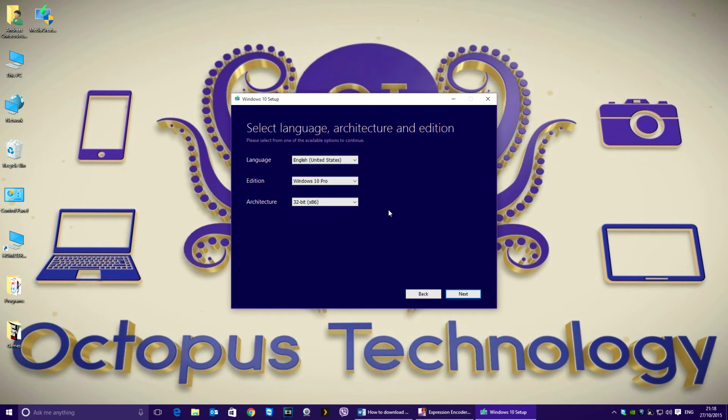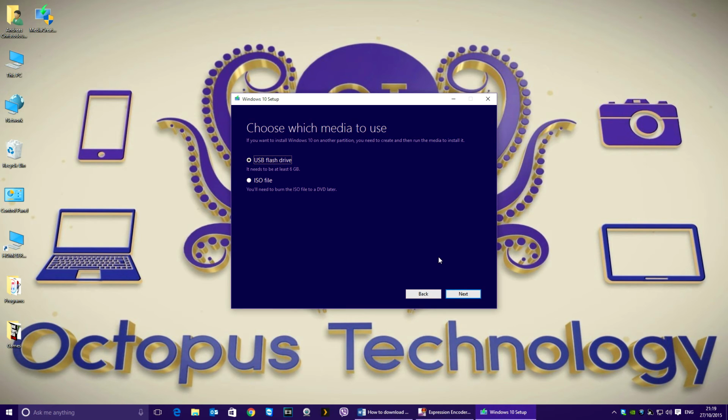The third variable is the architecture. This is the version of the PC you are planning to install Windows 10 on supports. In this option, you should select both, as choosing 32-bit or 64-bit only is for using USB sticks or DVDs with less than 4 GB of storage. The both option, while it requires at least 6 GB of storage, is of great value, as you won't be needing to change architecture versions just to install Windows 10 on a PC with a different architecture than the one you have already downloaded. Click on Next and move on to the fourth step of the process.